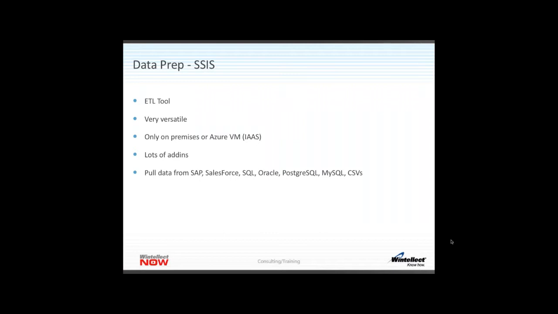And there are a lot of third-party add-ins for it. There are like 5, 6, 7 different companies that are selling add-ins for it. So if it doesn't come with the component that you want, chances are somebody else has already thought of it and it's easy to install. I use add-ins from Cozy Rock and from several other vendors, including Microsoft, who has made their own add-ins for it that don't come packaged with SSIS. But it allows you to pull data from SAP, Salesforce, all sorts of different data sources. If you can think about it, you can